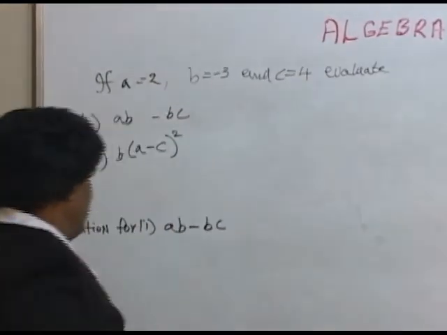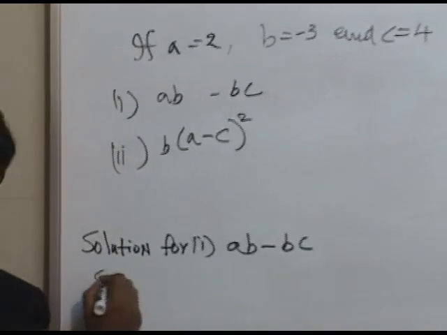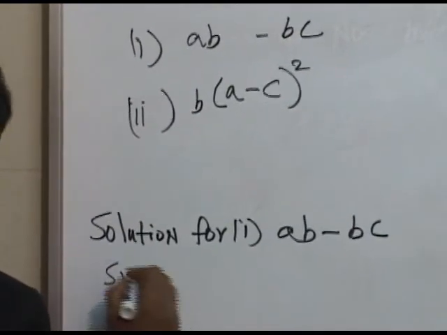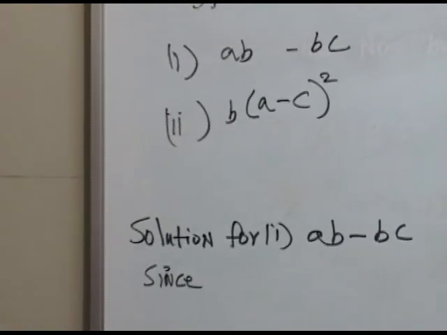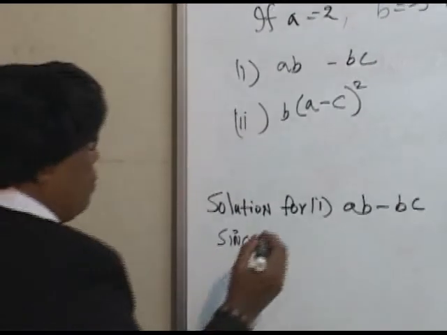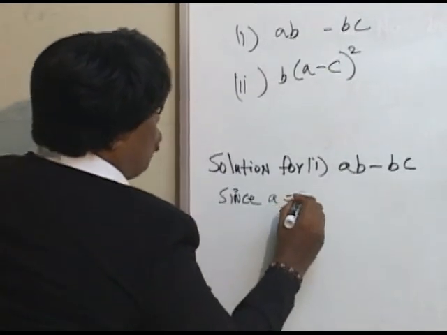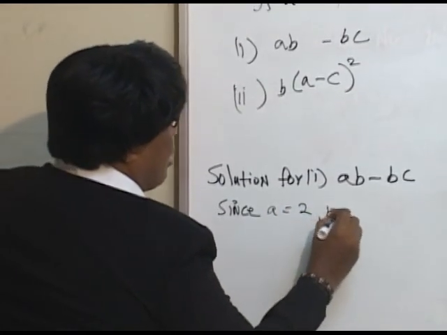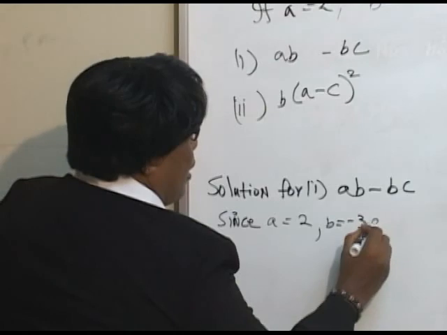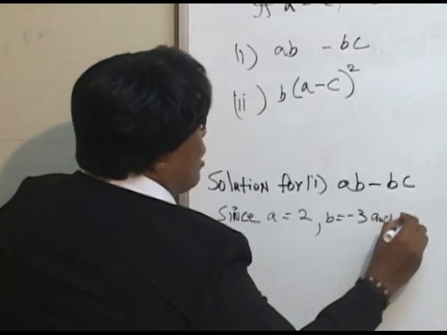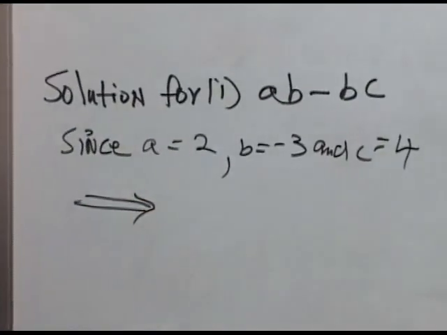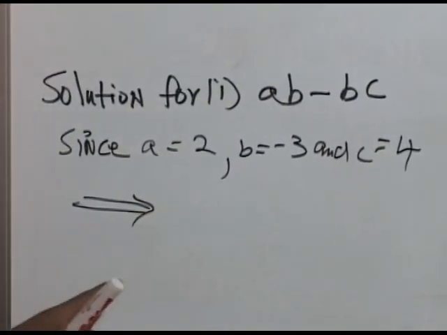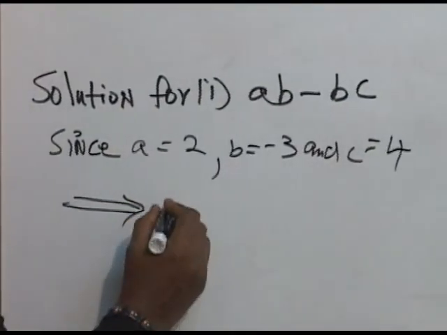Okay? So we must state our sums, okay? There's logic and reasoning in terms of writing mathematics. So we're saying since A is equal to 2 and B is equal to negative 3 and C is equal to 4, and we use an arrow, this would imply that AB